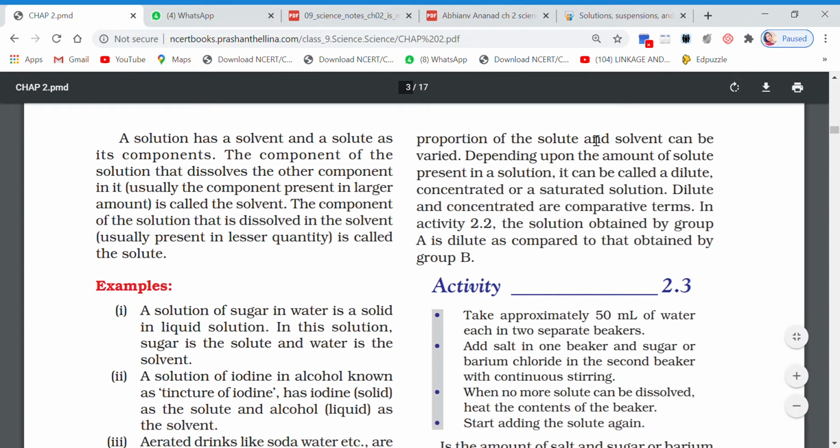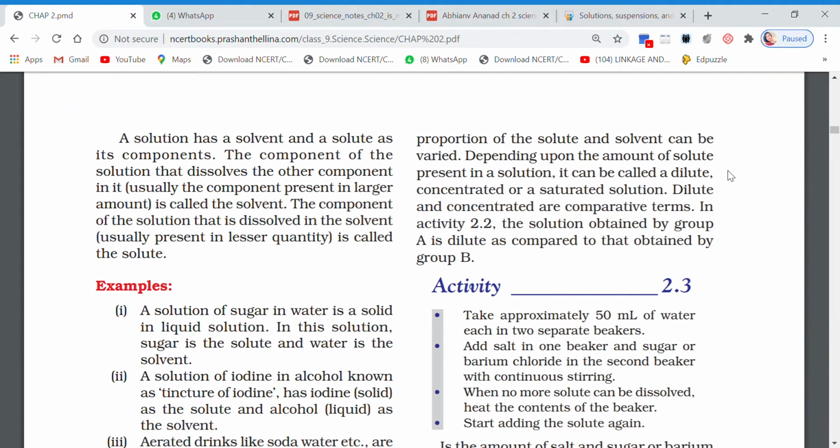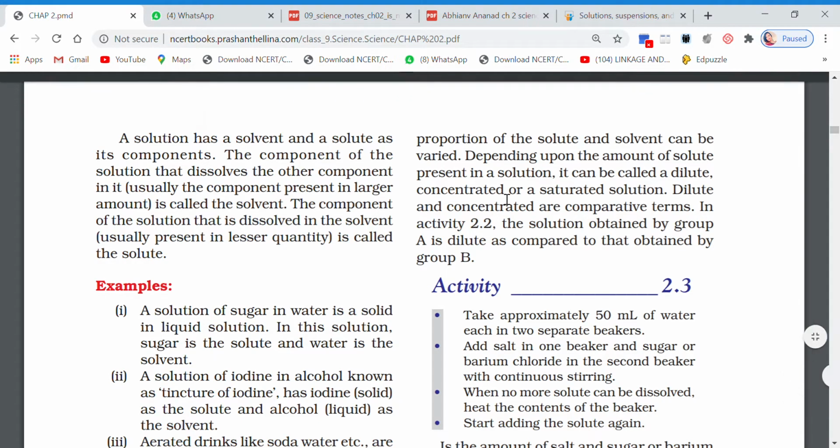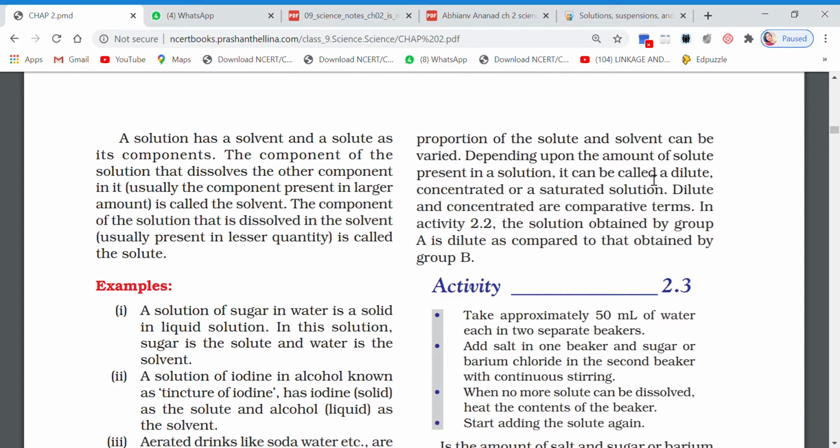Okay, again I am repeating, you will write down the question: What do you mean by? First part, you can write down the parts as A, B, C. So small a will be dilute solution, small b will be saturated solution, and small c will be concentrated solution. And I have told you the answer. What is the answer, children?